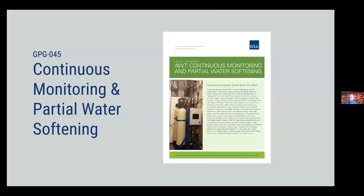So this particular technology, just to cue it up, why did we select it? I guess that's the key question. And the answer is that what we've found with other AWT technologies that we've evaluated is that a number of them really do work. They can be made to work, certainly, but the challenge with them is that to make them work, they require a different approach to O&M practices. So you cannot continue to do the same exact O&M practices as you potentially have contracted for when you apply this new AWT technology. So it works, but it works with a different set of operating parameters, and that's actually